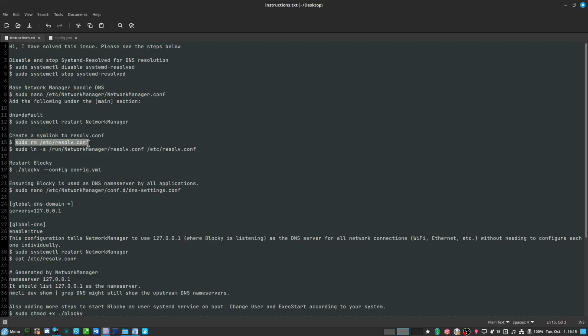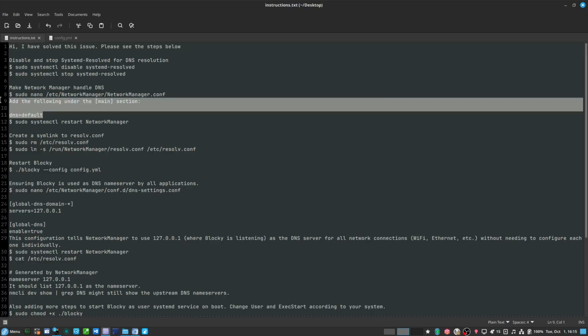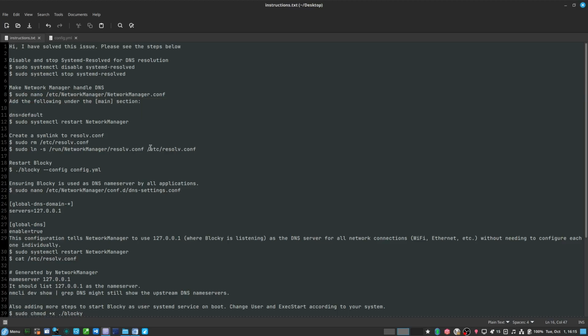You can remove the pre-existing file, create a new file by transmitting the information that is stored in this file, NetworkManager.conf, you just symlink it with the resolve.conf, and now you can start blocky, and I think it should start properly,